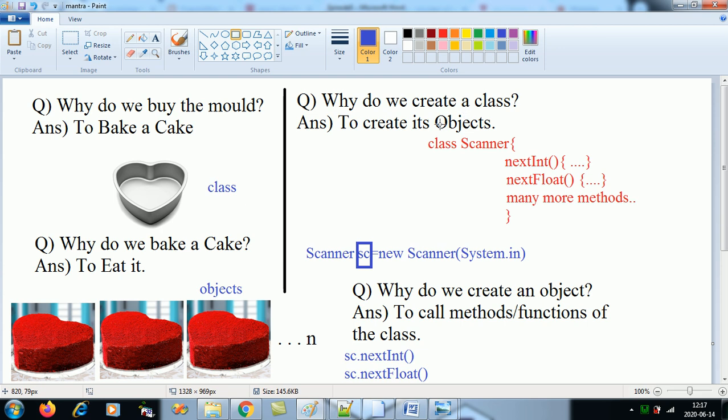You create a class to create its objects, and once the object is created, using the object we can call the methods of the class. To call nextInt and nextFloat, I will require the object of the class Scanner. Using that object I can call these functions.